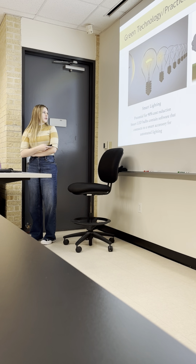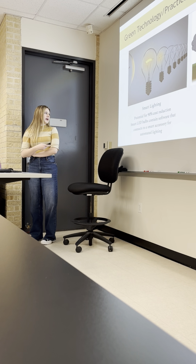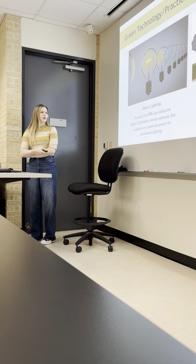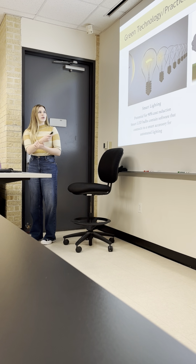For smart lighting, it has the potential for 90% cost reduction. In general, smart lighting just means smart LED bulbs or smart lighting systems that contain software that's more automated. So it saves how much light you use, and it's also the type of light bulbs they use. Carbon capture would be capturing carbon dioxide before it enters the atmosphere and then transporting and storing it, which reduces carbon emissions in general, and also can convert it to carbon neutral fuels,